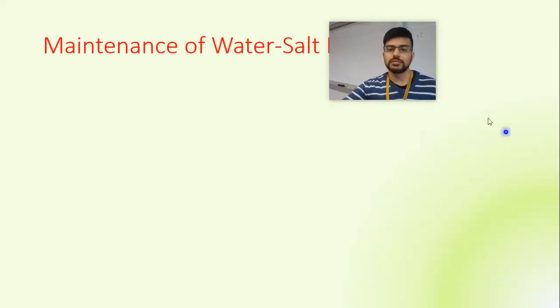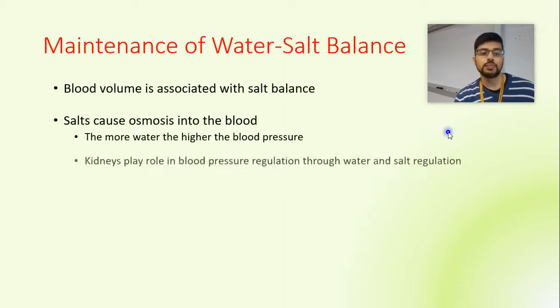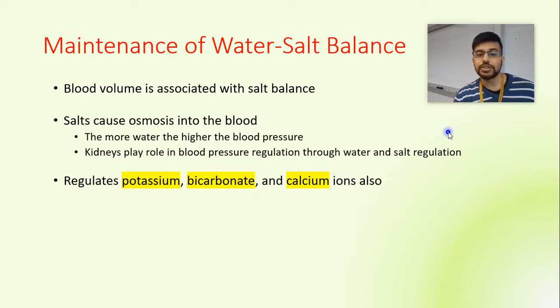Now, another one of the things that your excretory system is going to help with is the water salt balance. So we have this blood volume, which needs to have some sort of water salt balance, but it is mostly blood. Your salt is going to be regulated. So when I say salts, I'm talking about the potassium, the bicarbonate ions, and the calcium ions also. Sodium is involved, but sodium has a slightly different role because it's very well managed by our body. And we'll talk about that in a little bit as well.